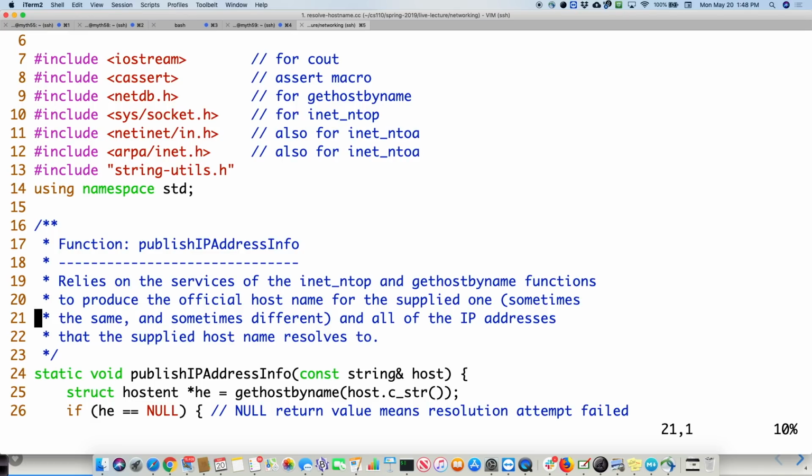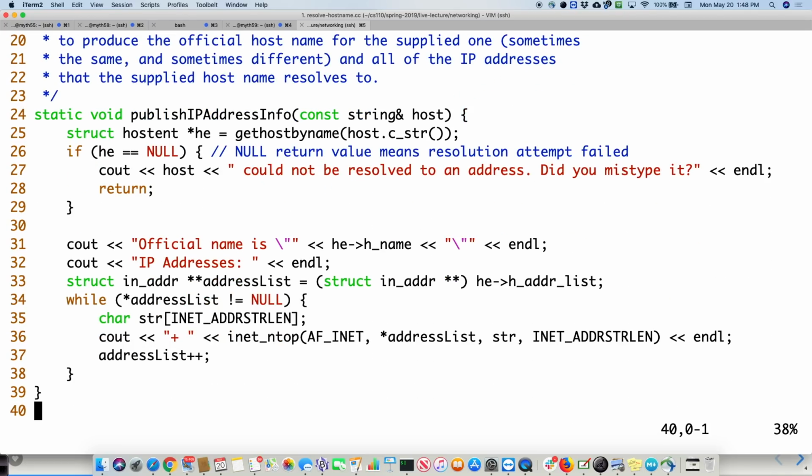It's already in here, so I guess I don't need to retype it. Let's go through what this is actually doing. This is the meat of the program that is going to let you type in a name and then get out the official name and all the IP addresses associated with it. We start out and declare a struct hostent.